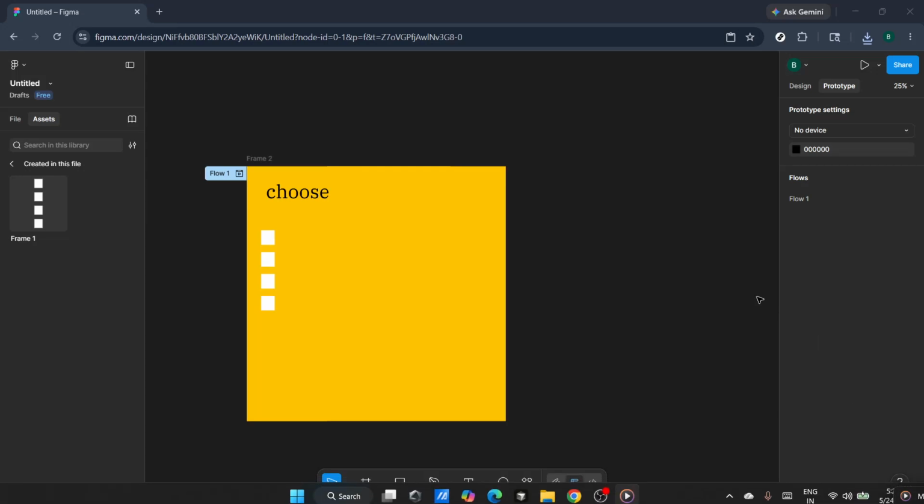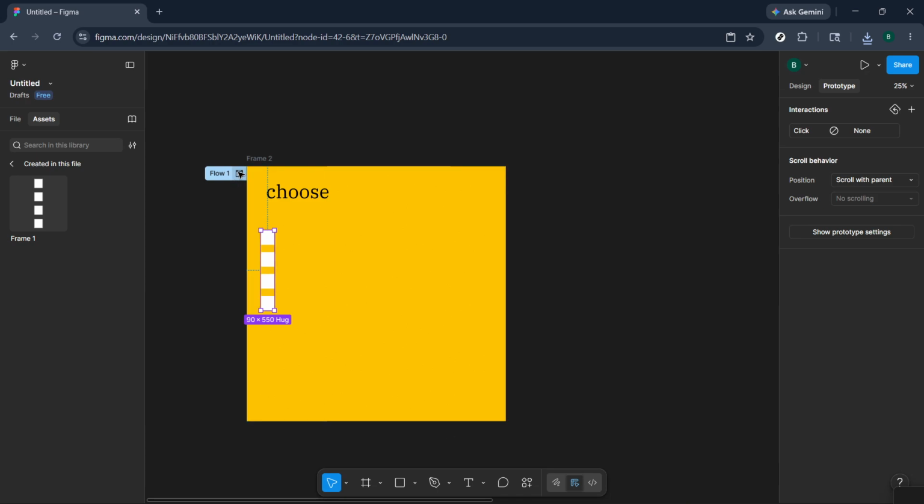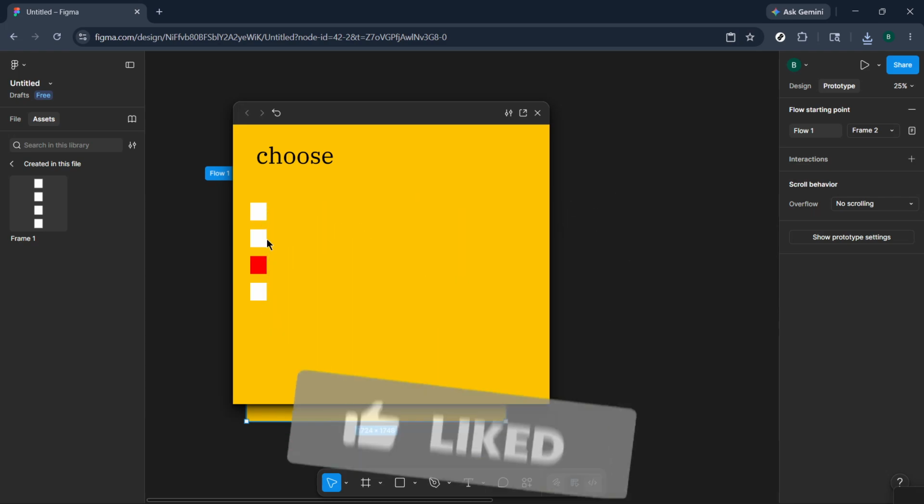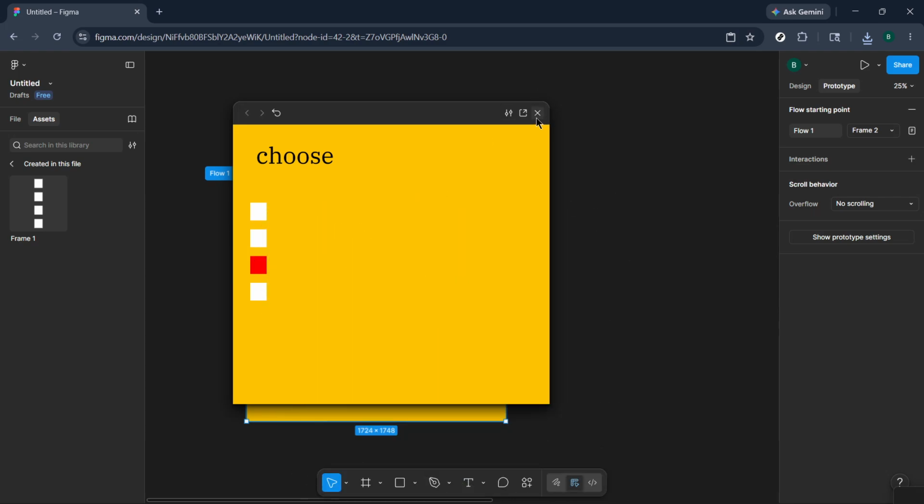In today's video, I'm going to teach you how to create a multiple-choice interactive component in Figma. This is a great way to enhance your designs with interactive elements that can make them more engaging for the